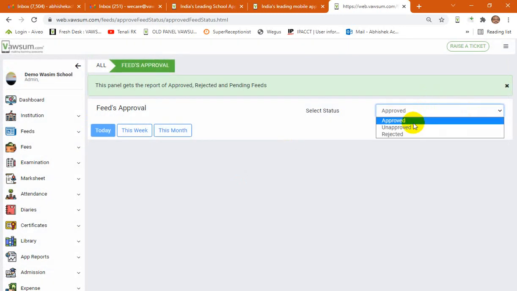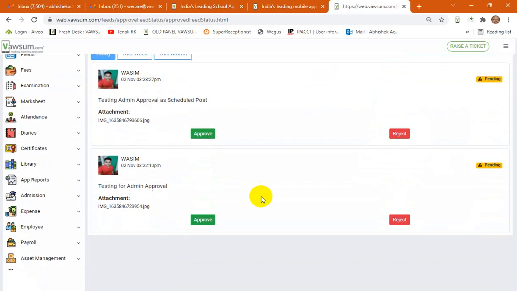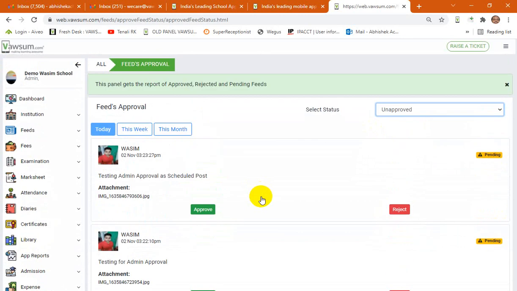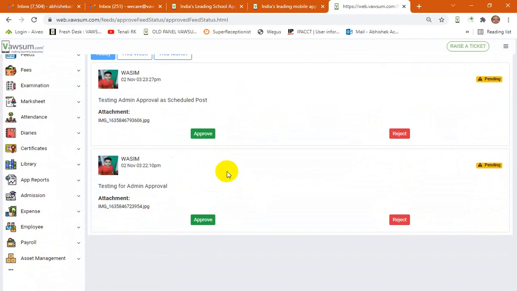Now let's change the status from the right drop down. If I click on unapproved, these are the feeds which are posted by the teachers and are awaiting admin approval. After going through the feeds, admin can easily approve from this panel.